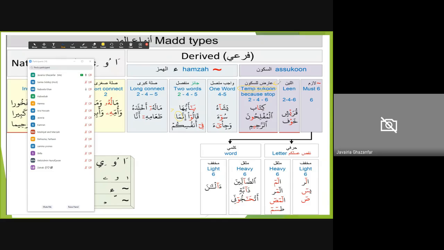So what is this mud called? Can you read this name? Very good. This is called Arid Lissifun. Okay, so that gets created, and in this lesson we have one example of the Made Lazim Kalmi Muthakkal, and that is this word right here. Alhamdulillah Rabbil Alameen. Okay, so you notice this shadda, and that's because it's there.